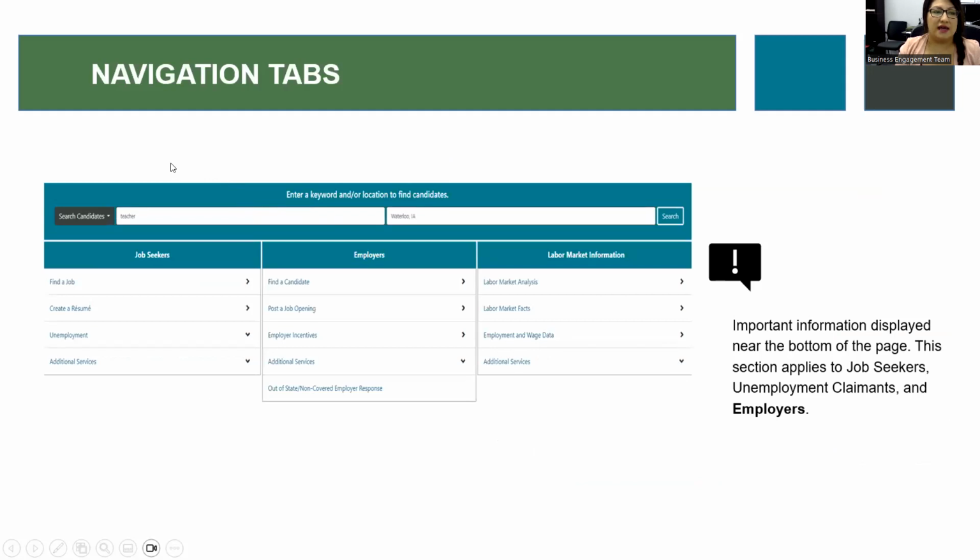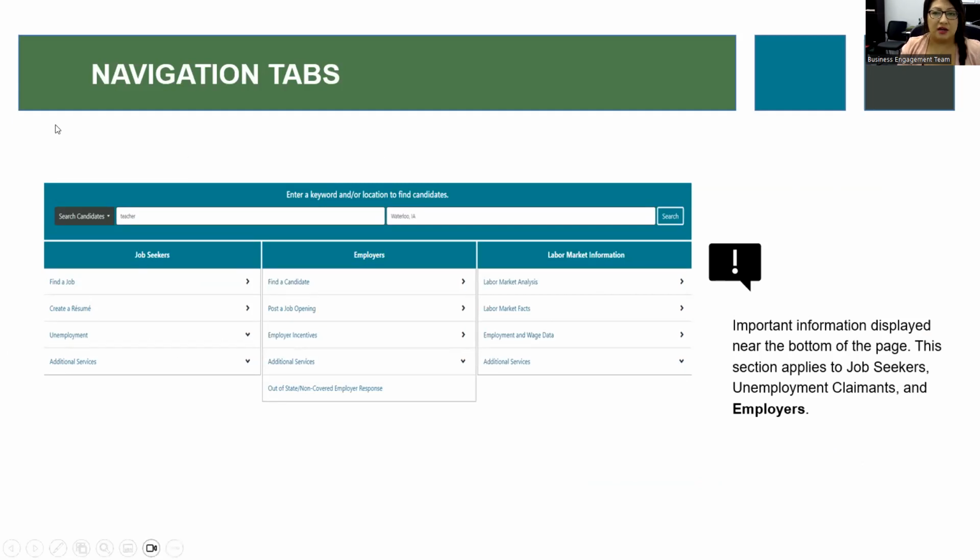This is your navigation bar, at the bottom of the page, and this helps job seekers look for different job postings without having to be logged in. Once they find the job postings they want to apply to, they will be prompted to log in so they can apply.